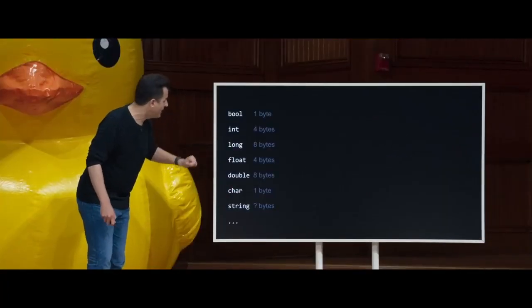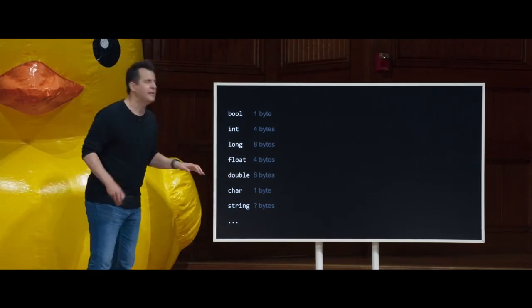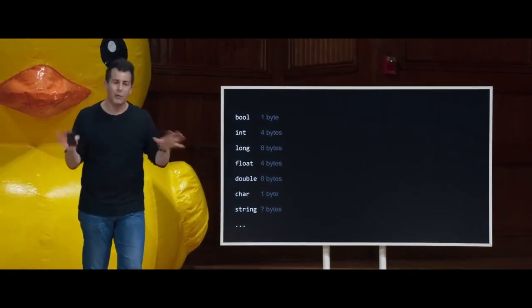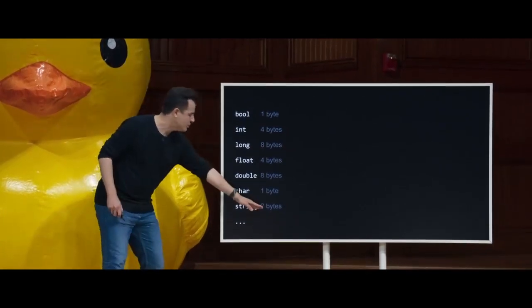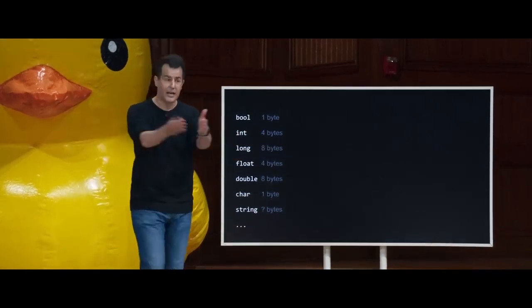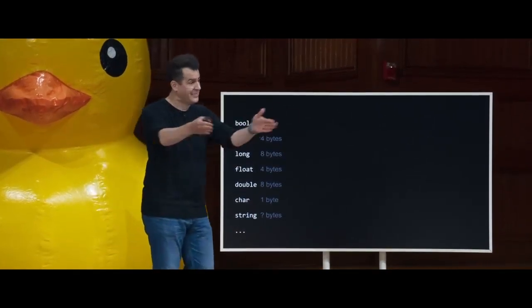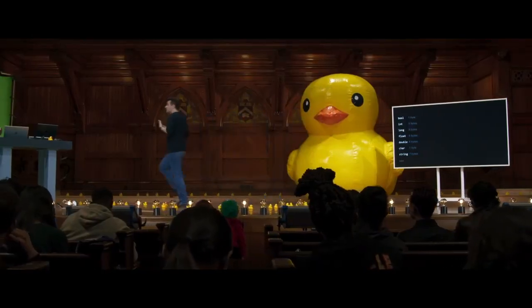Chars are going to be 1 byte. Floats tend to be 4 bytes. Doubles tend to be 8 bytes. Some of this is system dependent, but nowadays on modern computers, this tends to be a useful rule of thumb. The only one I can't commit to here is a string, because a string, recall, is a sequence of text. And maybe it has no characters, 1 character, 2, 10, 100. So it's a variable number of bytes, presumably, where each byte represents a given character.